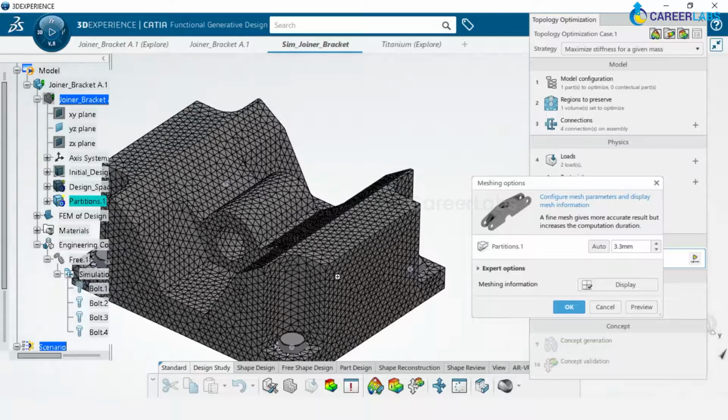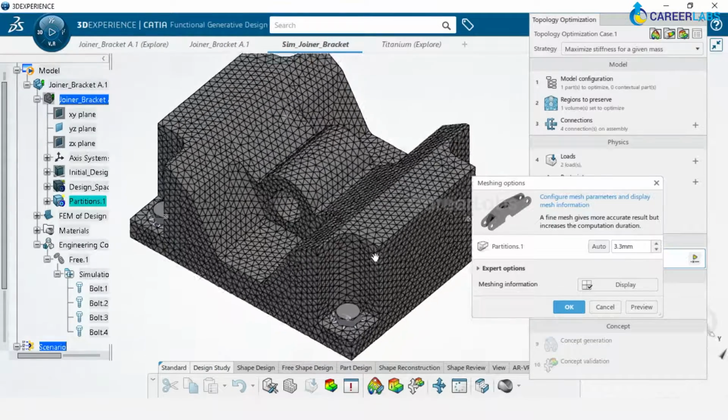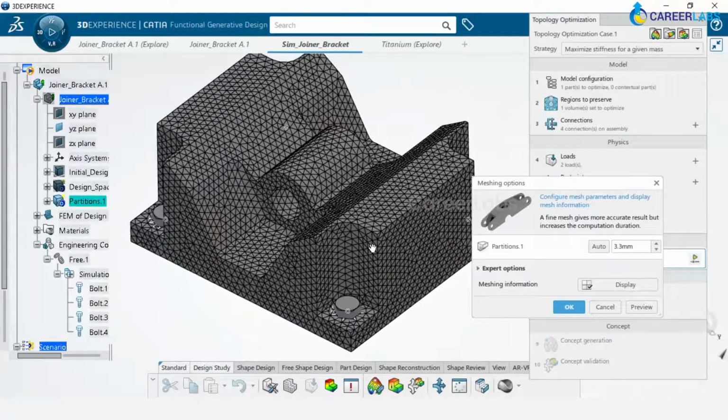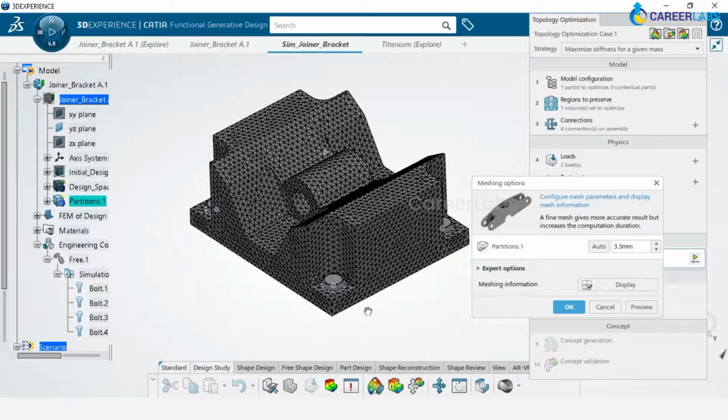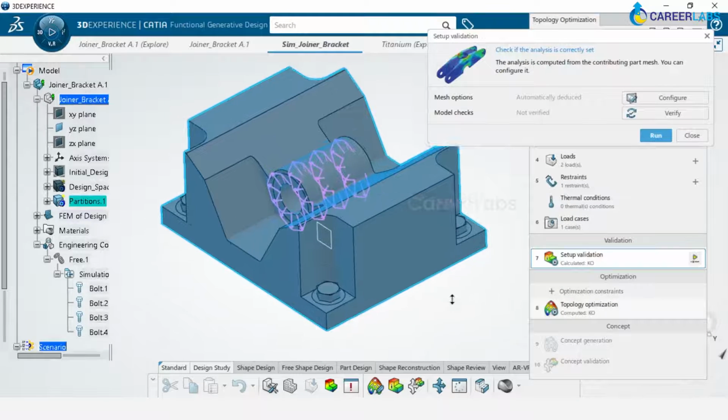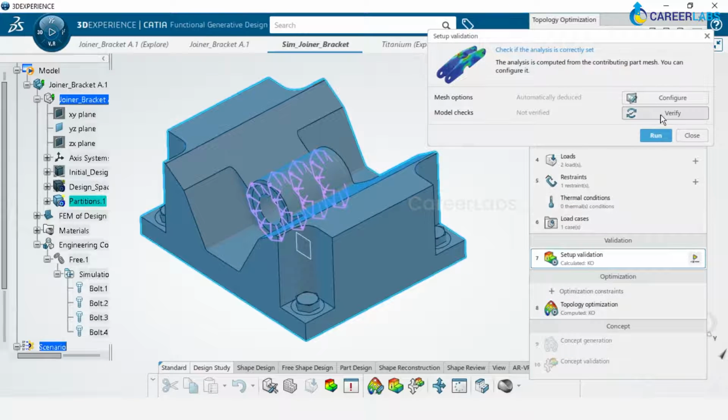So this is a meshed model. Okay, this is what is known as a meshed model. The mesh seems to be quite decent, so we'll proceed with this. So I click on OK, and then you have an option to verify, to just check whether whatever you have